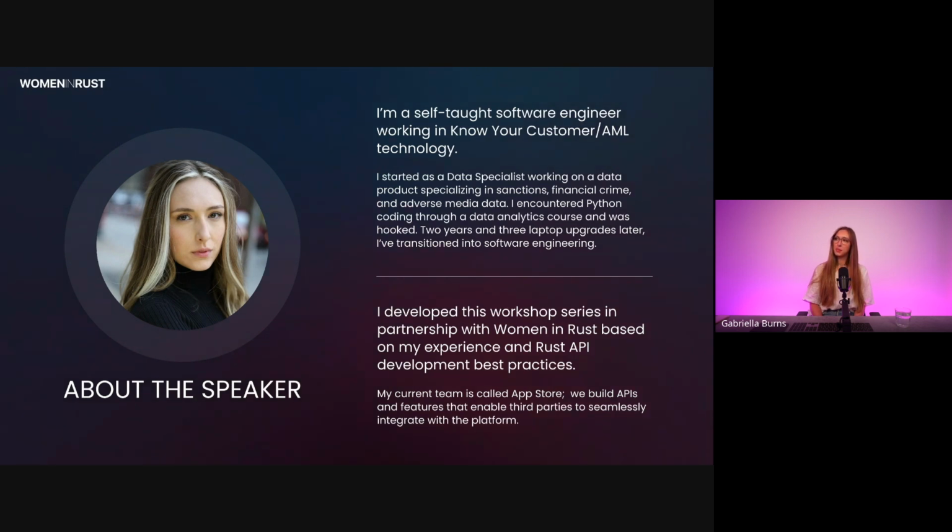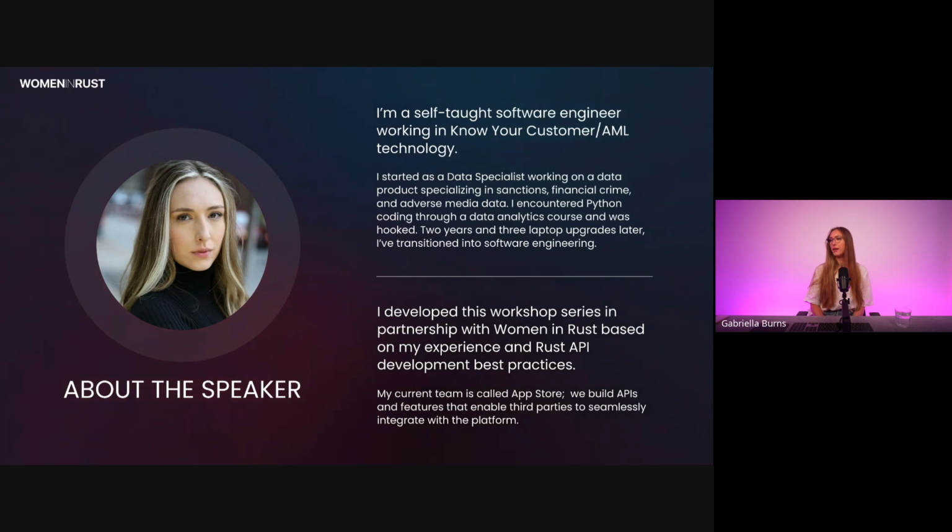And Rust has been a big part of that. It was the first language I learned other than Python. And I asked to be thrown into the deep end of Rust. So the first task I was given was building some API endpoints. Those endpoints were just the start of this journey.